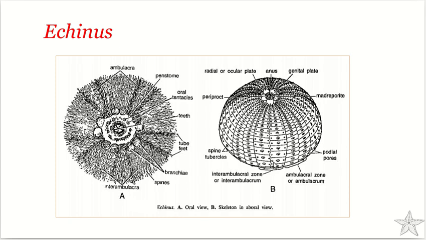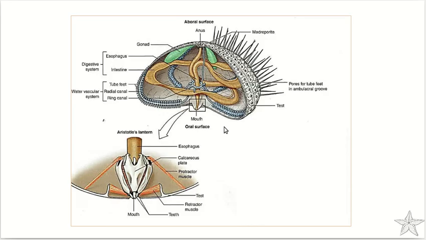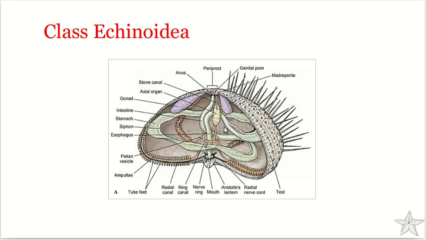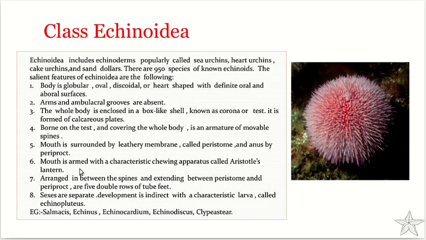Okay, now the base of each spine over here is a concave socket, and the muscles at its base move the spine. Okay, and spines are often sharp, and they are sometimes hollow, and they may contain venom which is dangerous to swimmers. Okay, now the pedicellariae, you can find here, just 1 minute. Yeah, so these are the structures. If you make a section of that, we can find these structures over here. Yeah, we'll see the detail later, right?